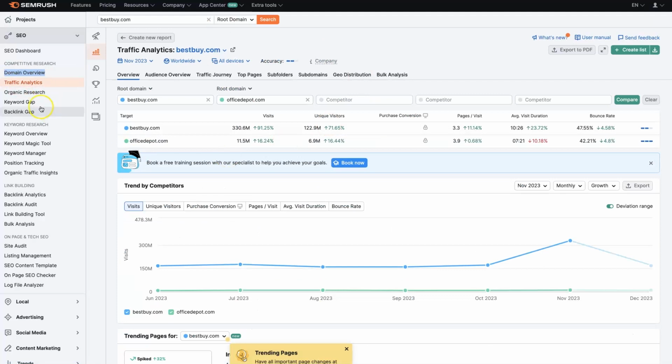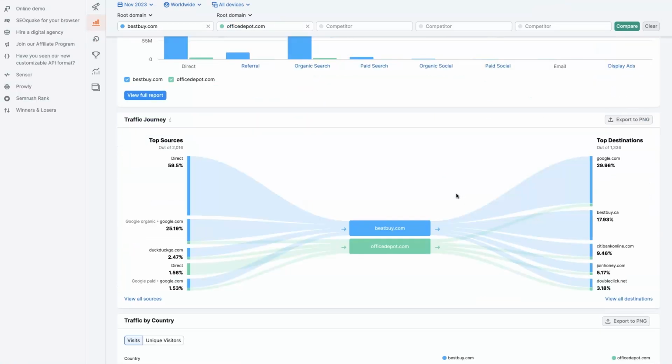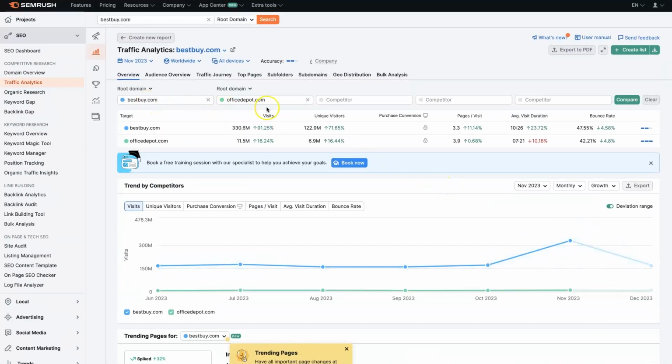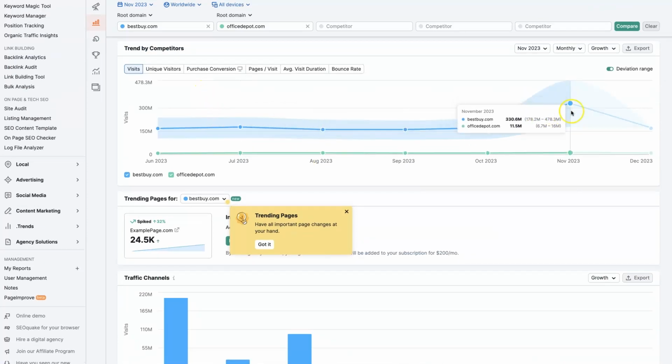And if we come over to the traffic analytics portion of things, this breakdown is going to be significantly different. It's going to be a breakdown of our traffic versus a competitor's traffic. And of course, I don't own bestbuy.com, but theoretically, in this case, this would be us. This would be our competitor. And we can see that we are getting significantly more traffic than our competitor in this case, theoretically, right? And we can see how things are changing over time. We can see some trends over time